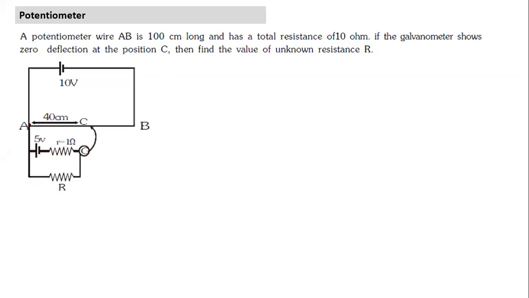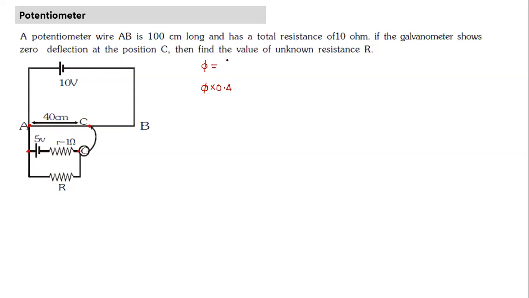Again I look at which 2 points, these 2 points. If the question is not formula based, I can think of the potential difference between these 2 points being equal to the potential difference between these 2 points. What is the potential difference? If I write potential difference in terms of per meter, it is phi into 0.4. But what is phi here? Potential gradient. See, there's no external resistance connected here. There's no resistance at all. So the potential difference between A and B itself is 10 volts. And it is 1 meter long.